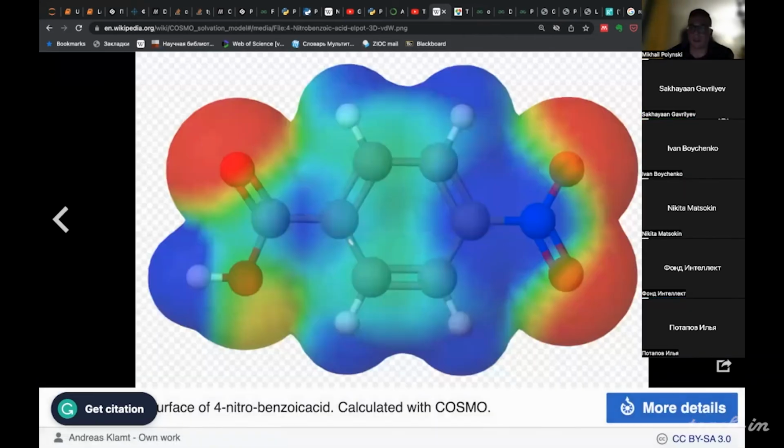And COSMO surfaces encode polarity of different functional groups that we can find in, for example, organic molecules.